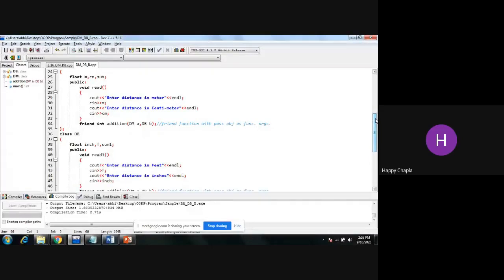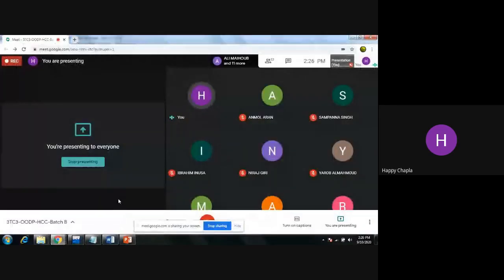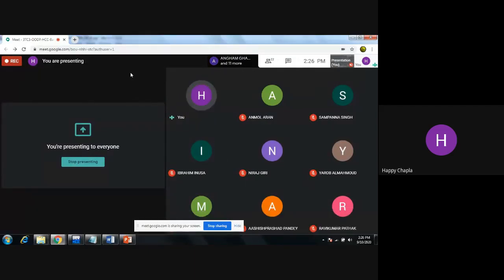Okay, no worry. If you can share your screen using the laptop, I'm okay. Otherwise, I can't see your code. That's why. I'll guide you from my laptop on what you need to change in your code. Accordingly, you can change your code.